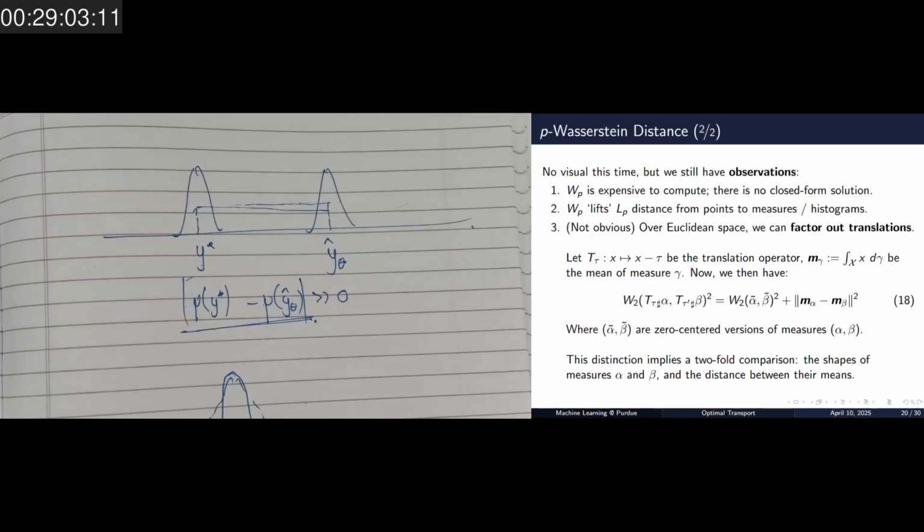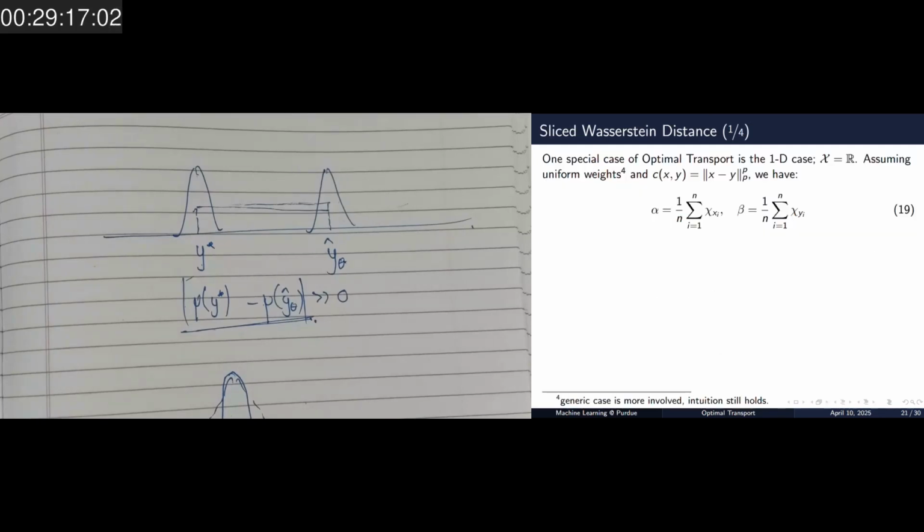Okay, awesome. So now we can address the first point from slide number 20, where we talk about how the p-Wasserstein distance is still expensive to compute, and we want some practical way of computing the Wasserstein distance. So one special case of optimal transport is the one-dimensional case. This is going to start off a little bit tangential, but we will basically generalize the one-dimensional case to the